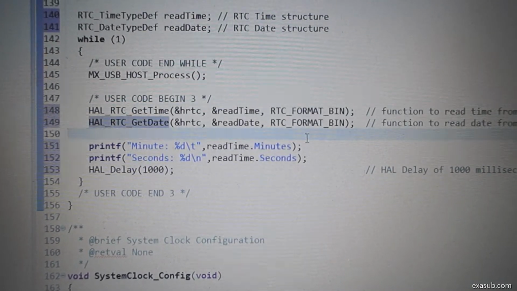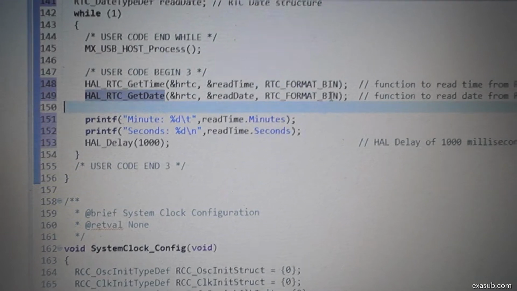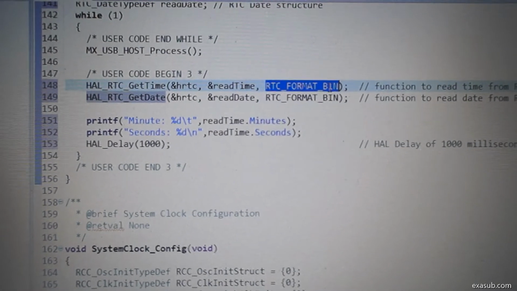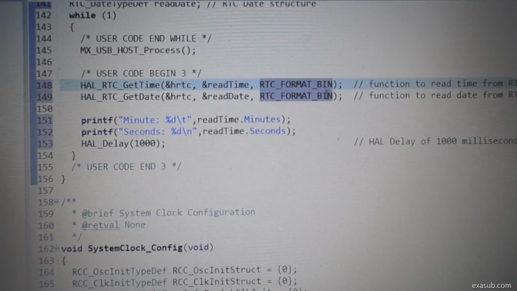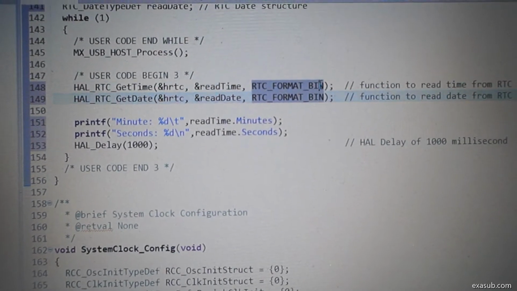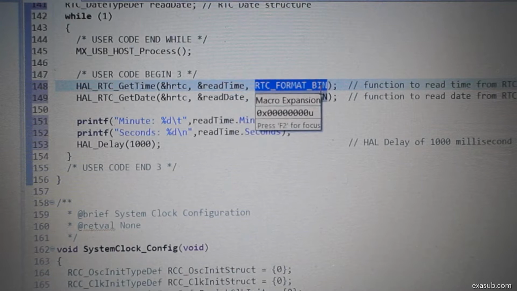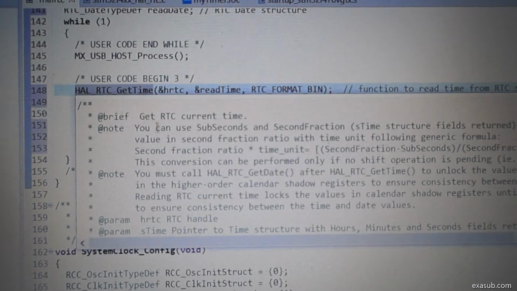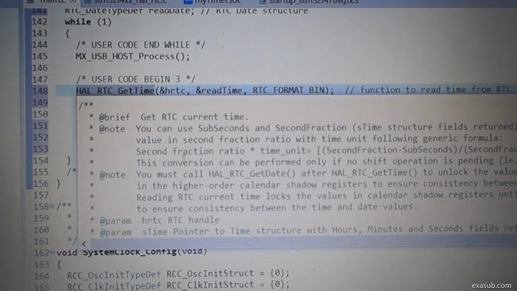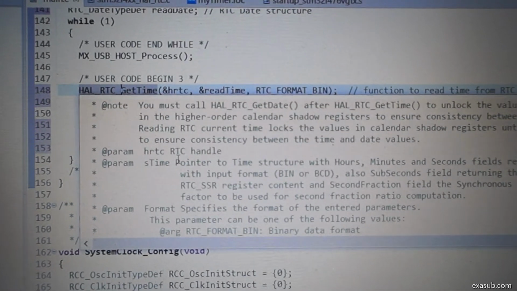I have the option to select binary or BCD as the format, but if you select binary, then there will be a conversion in this function.